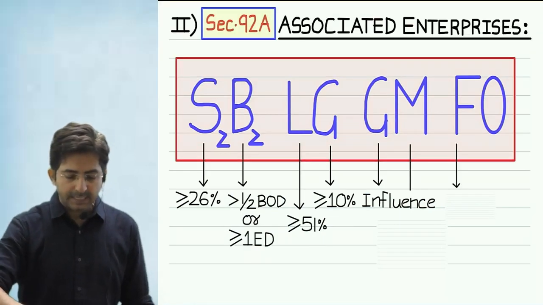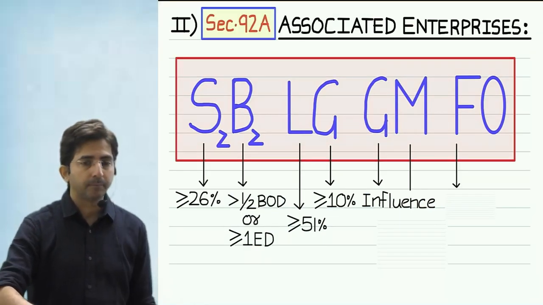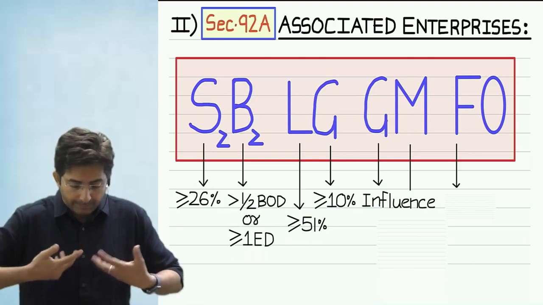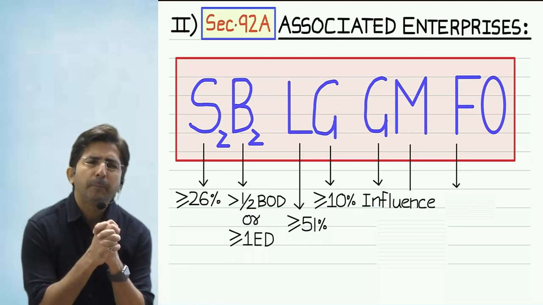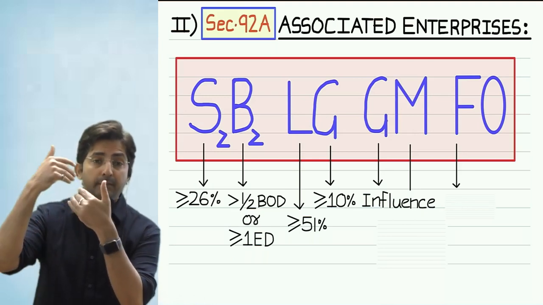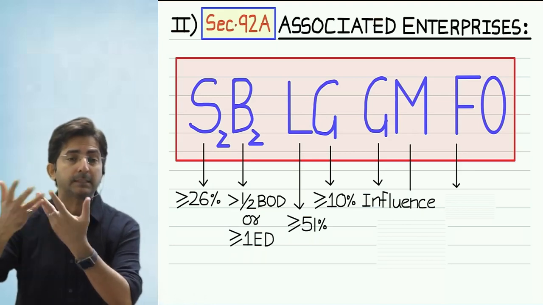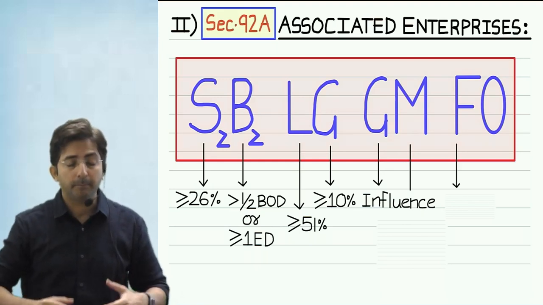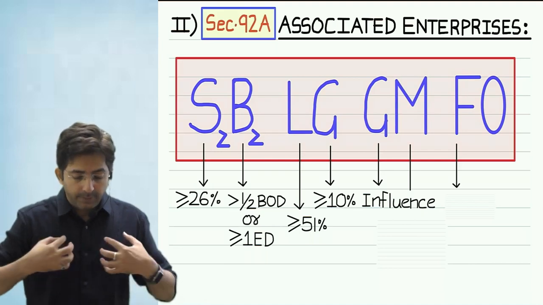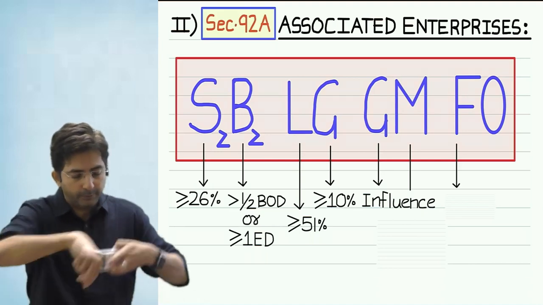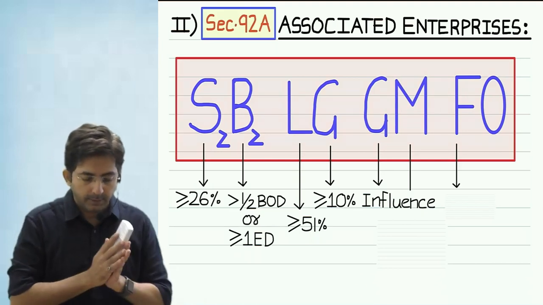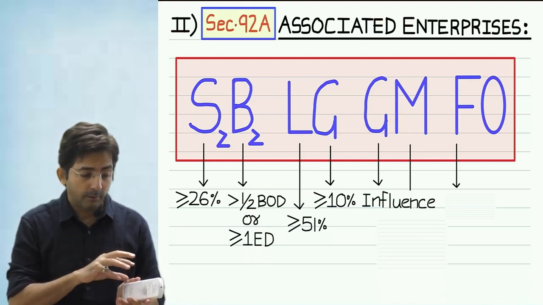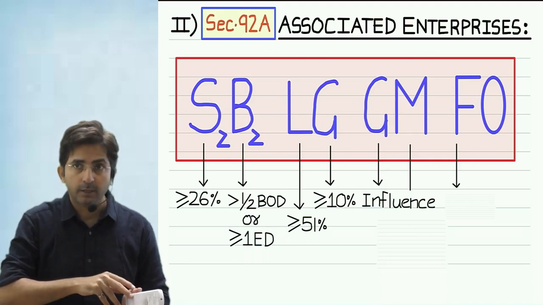Okay, then see next alphabet. Look at this, M. Manufacturing by one enterprise is wholly dependent on the patent, copyright, etc. owned by another enterprise. Repeat, manufacturing by one enterprise is wholly dependent on the patent, copyright, or license, whatever you say, of another